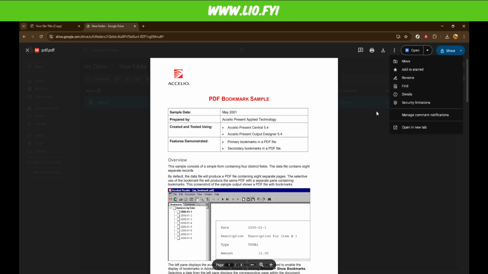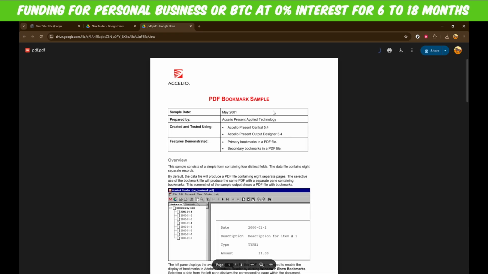By clicking these dots, you'll open up a submenu. From this list, select Open in New tab. This action allows us to view the PDF in a dedicated window, which is essential for obtaining the embed code